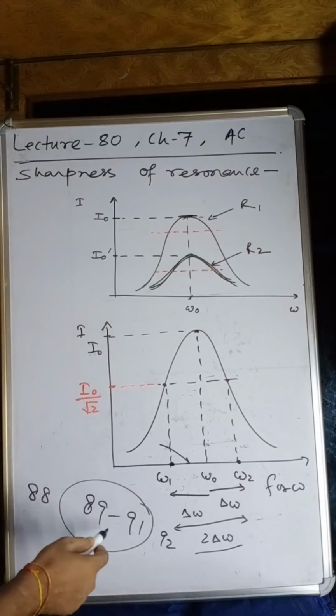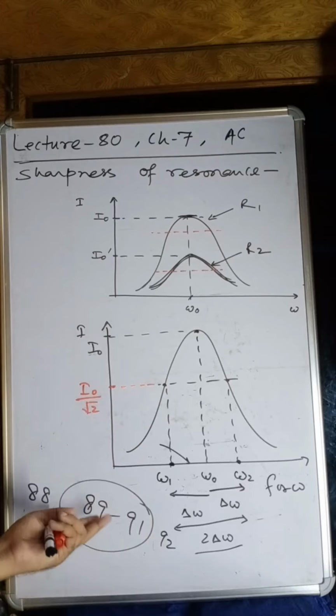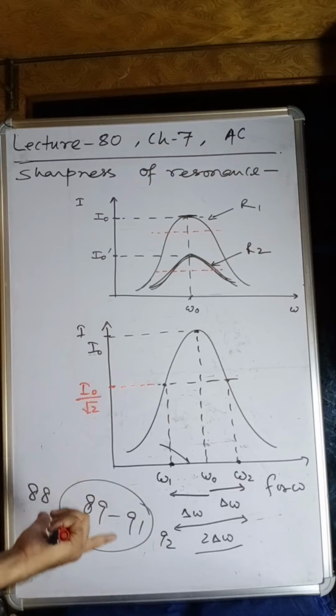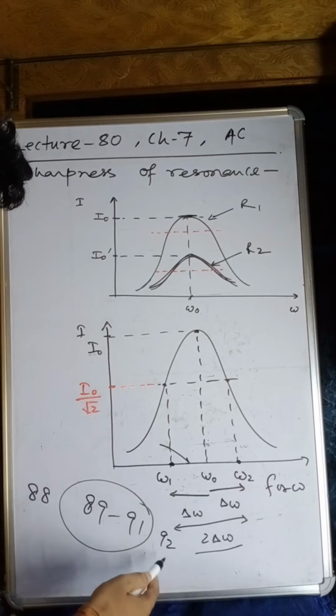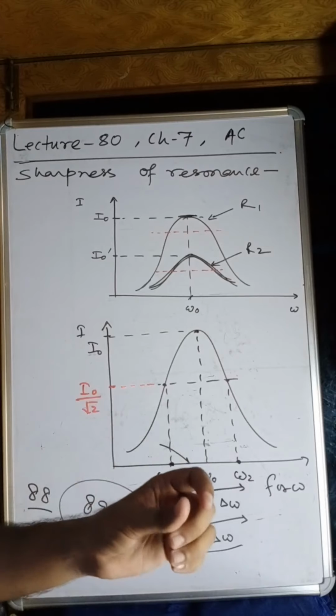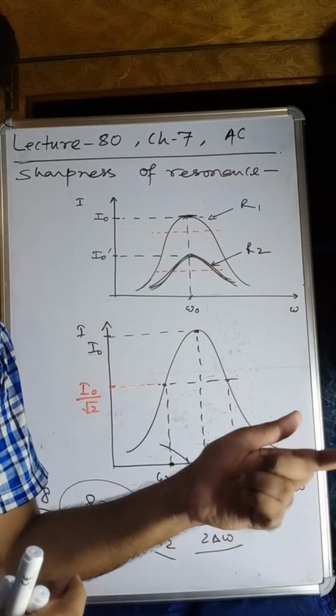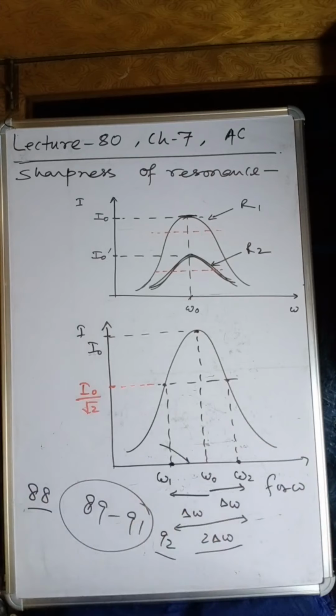Your frequency will land up in the bandwidth of this radio station. Suppose this is one of the radio stations like Vivid Bharati, etc. So you cannot land up there. You have to choose the next frequency, either 92 or 88. Remember? So this is the frequency band. It means one radio station, like Vivid Bharati or Radio Mirchi, has a frequency band. After that frequency, you will get the next radio station. And this is called the frequency band. Here 2 delta omega is the frequency band.